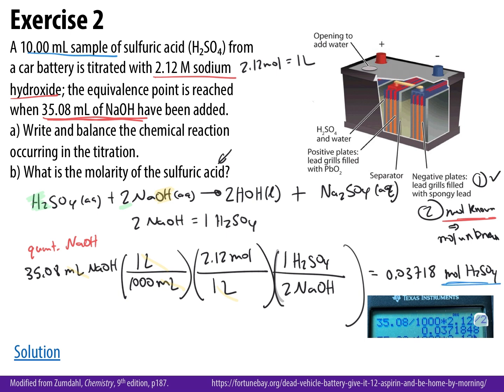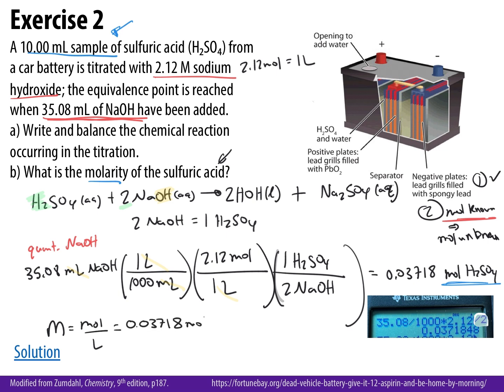So I now have moles of H2SO4. Originally I knew the milliliters. I'm trying to solve for molarity. So here I would just use the definition of molarity. So I can use molarity is equal to moles over liters. And so the moles is the answer from part 2,